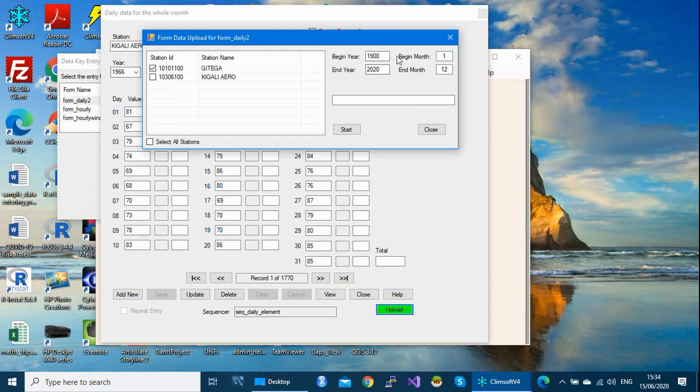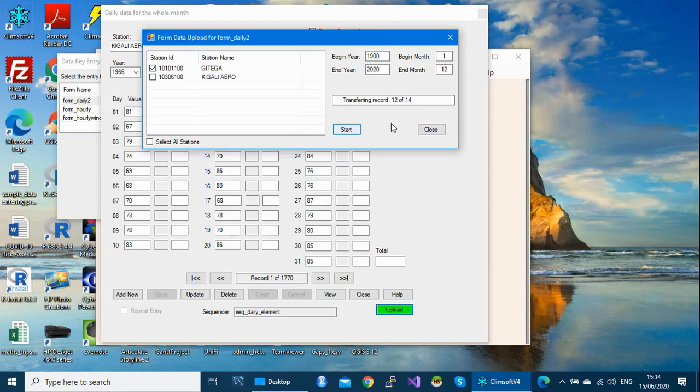So you select the year, the beginning and the end, the beginning of the month and the end of the month, and then you click on start. By clicking on the start button, it will start to upload one by one. Depending on the speed of your computer, it can take some time. So you need to give it some time.